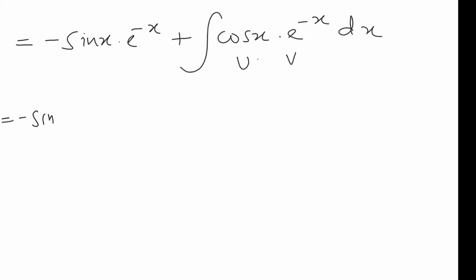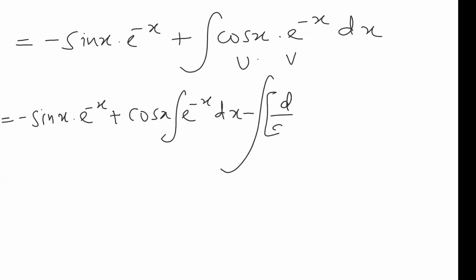So minus sin x e raised to minus x plus cos x, integration of e raised to minus x dx, minus bigger integration d by dx of cos x, integration of e raised to minus x dx, bracket close dx. Okay. So this is equal to